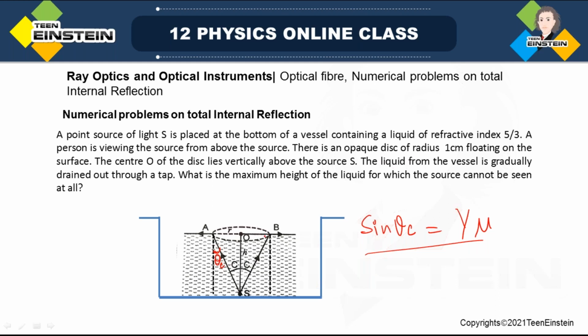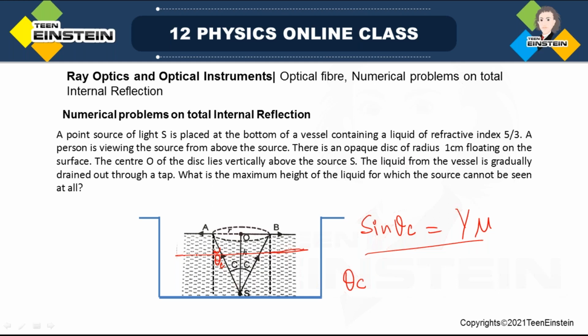Look, the disk is here. If this is the height h, and the water level is up to here, it cannot be seen. If the water level comes down somewhere here, then the angle of incidence theta c will be satisfying some greater angle, isn't it? Then your cone will be like this, so you will be able to see up to this radius.